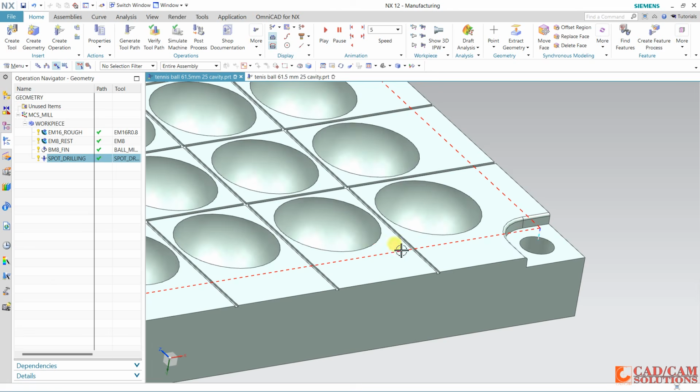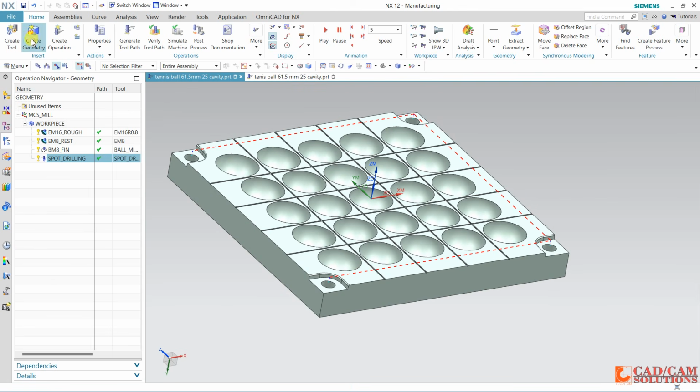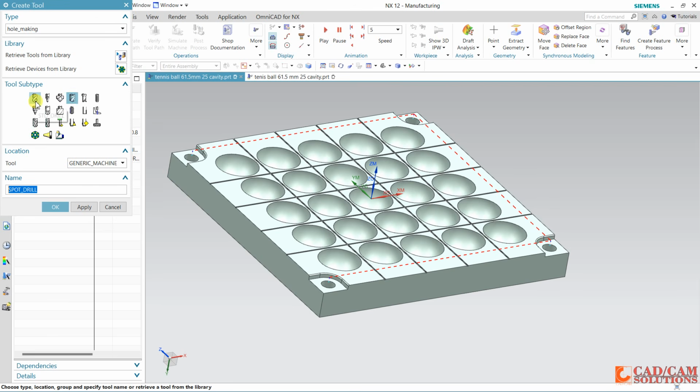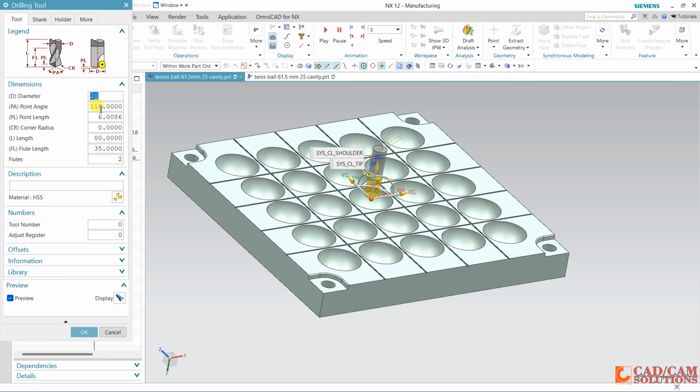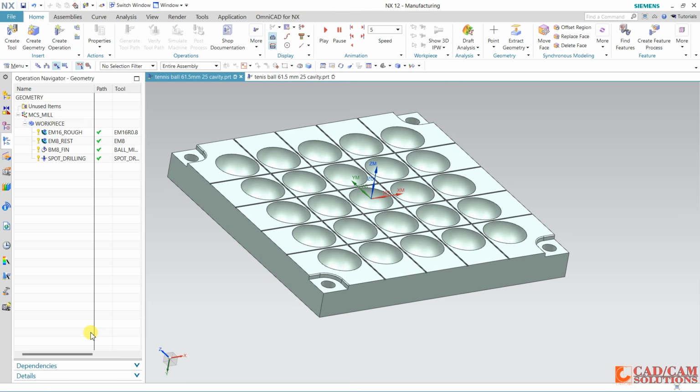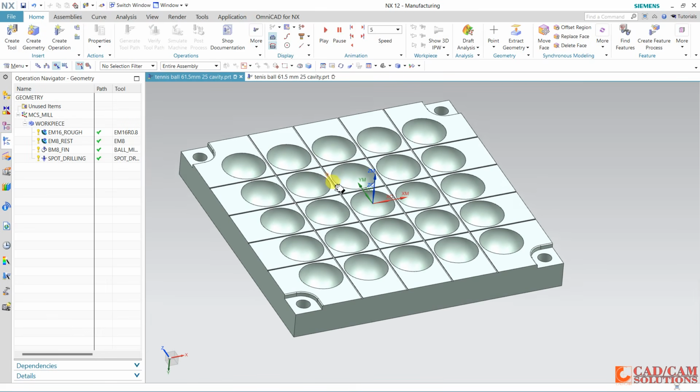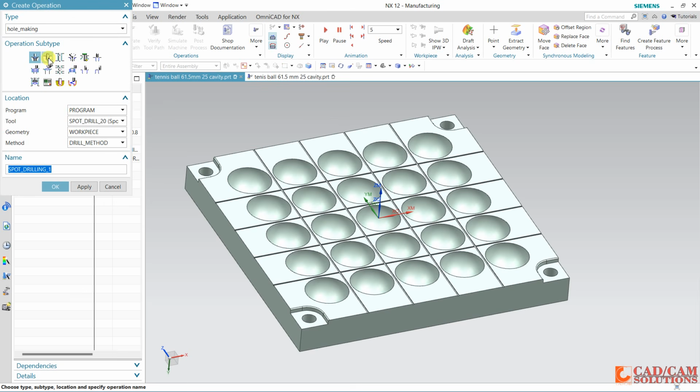Okay, and for the next operation, for drilling, I'm using this standard drill with 20 dia. Okay, and 20 is the diameter. Okay, and flute length and tool number again. Okay, now create this drilling operation, and my tool is this standard drill 20.